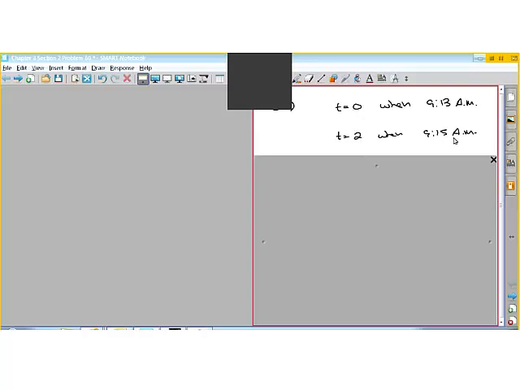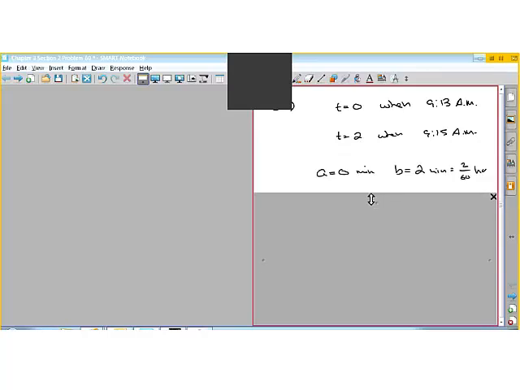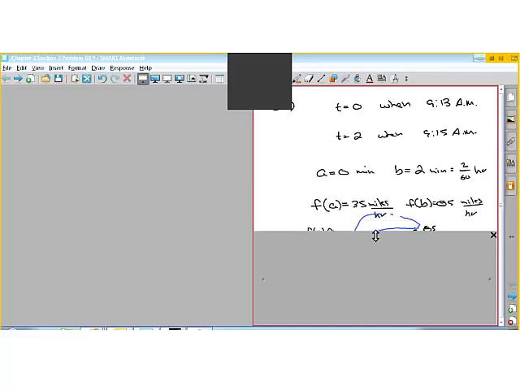And 2 minutes later, which is 9:15, we're going to say the time is 2. And according to this, at 0 time, we have a speed of 35 miles per hour, and at this time of 2, we have 85 miles per hour. So if you take the average slope of those two, 85 minus this divided by 2 minus that, you'll